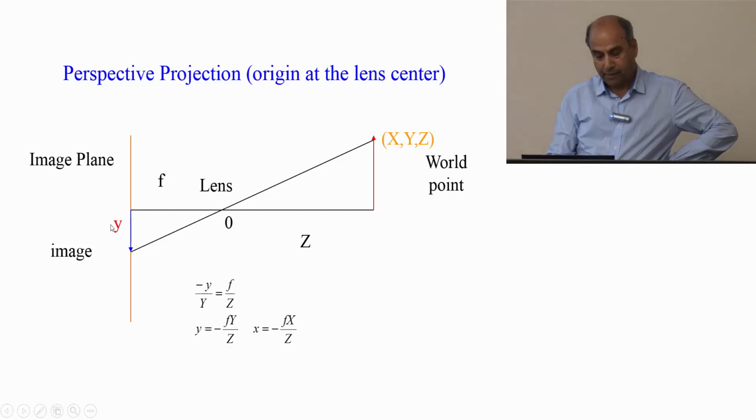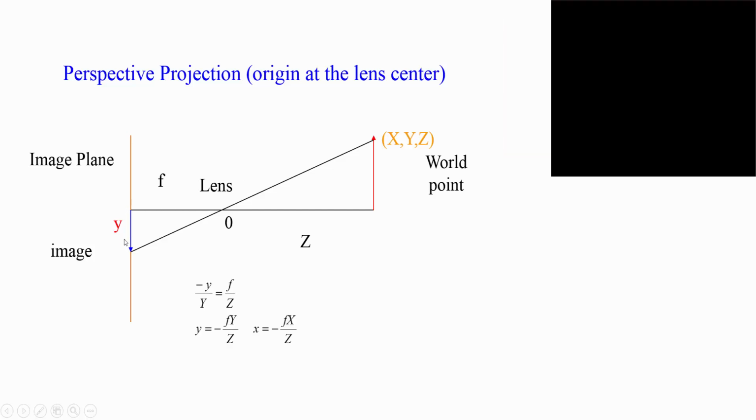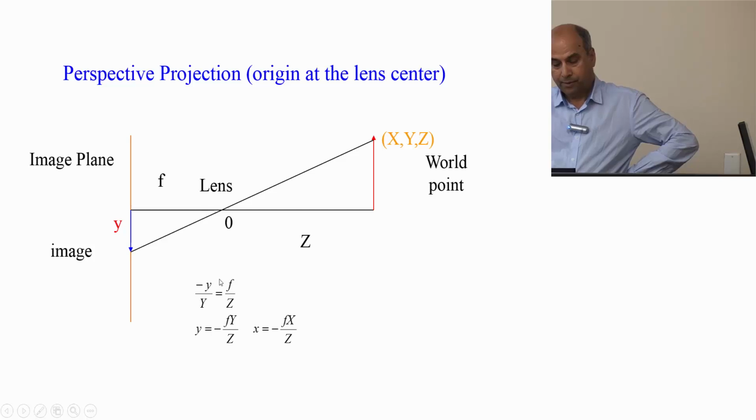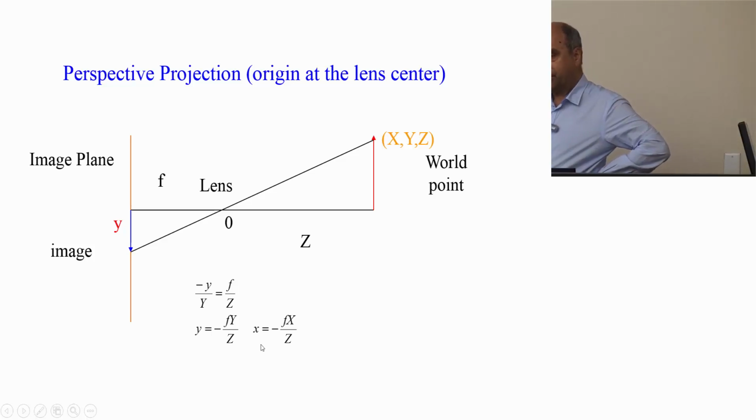This side upon this side, then we have this side upon this side. They are equivalent. So therefore y can be given by this. Similarly, you can come up with x. Which means x and y are modulated or modified depending on how far they are, and that's the effect in